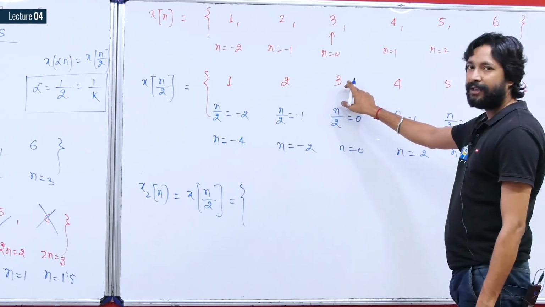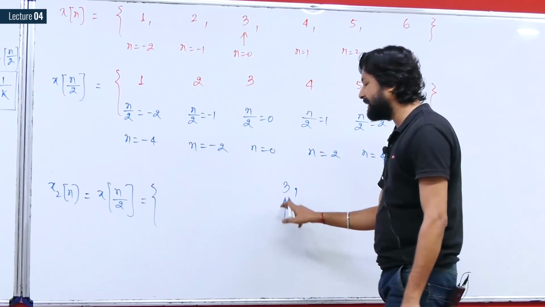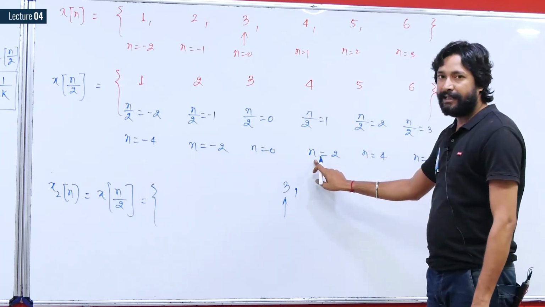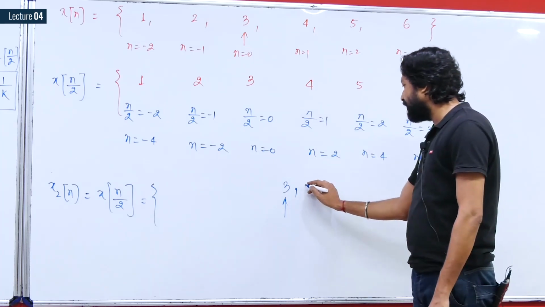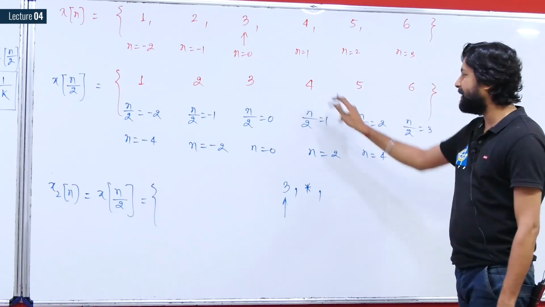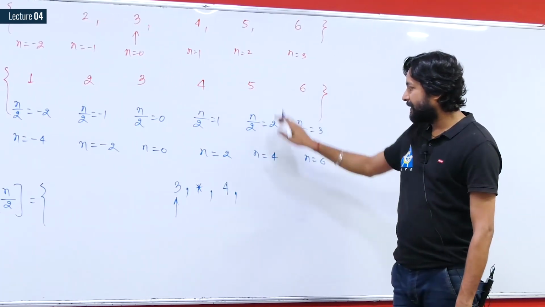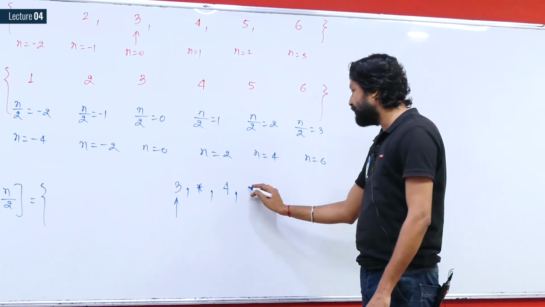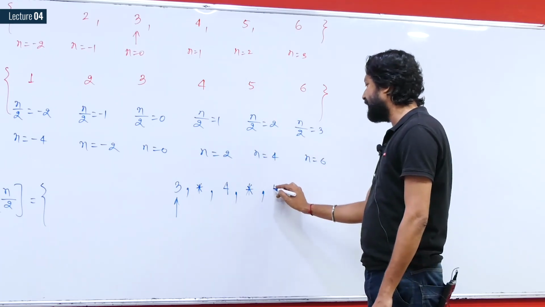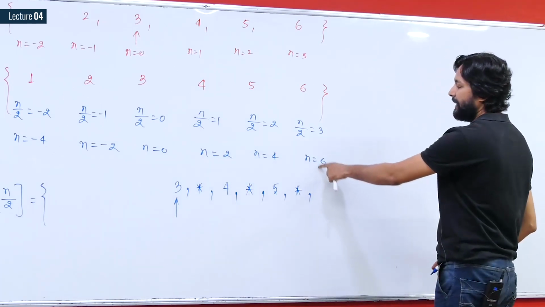This signal will have the value at origin. What is the value at origin? The value at origin is equal to 3. So we have taken the value 3 and marked an arrow. Now the next value, 4, occurs at n equals 2. It means we don't have knowledge of the value at n equals 1, but we know that at n equals 2 the function has the value 4. Again, the next value occurs at n equals 4. We again don't have knowledge about the value at n equals 3, but at n equals 4 the value will be 5, it is certain.